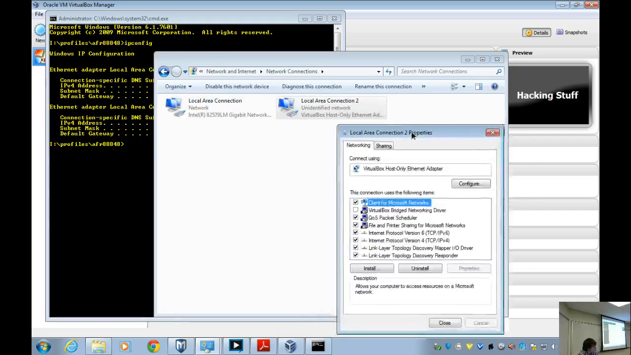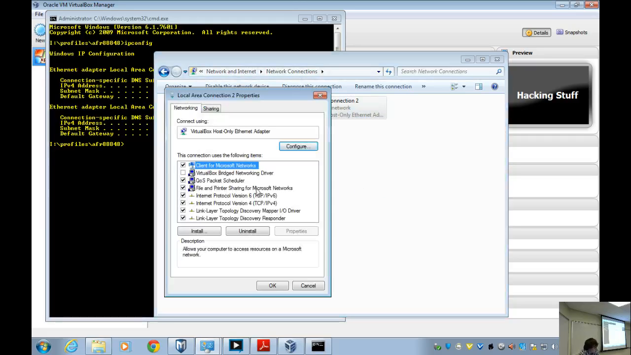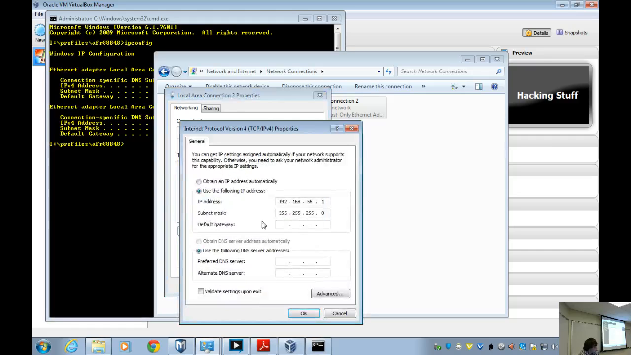Once we're here at this area, Local Area Connection 2, right click, Properties, Internet Protocol version 4, Properties, subnet mask, make it 255.255.255.0. Anybody have any problems with that? Everybody has that. Okay, click OK,